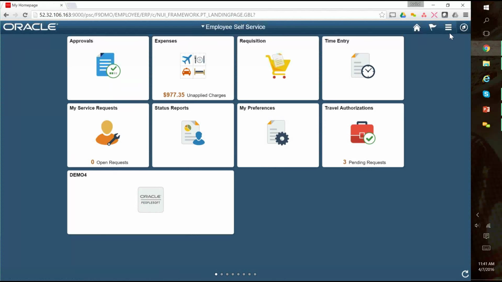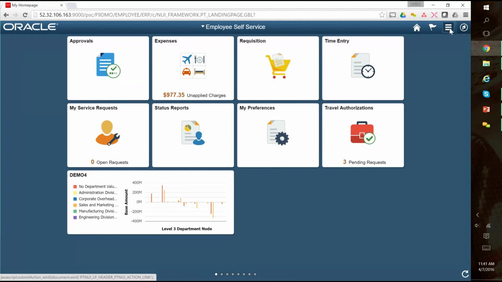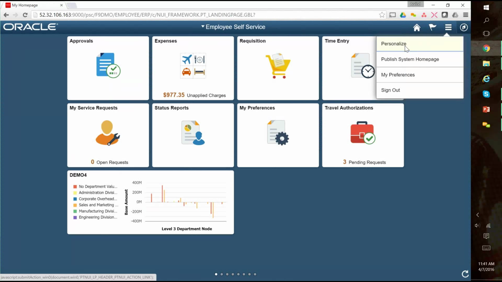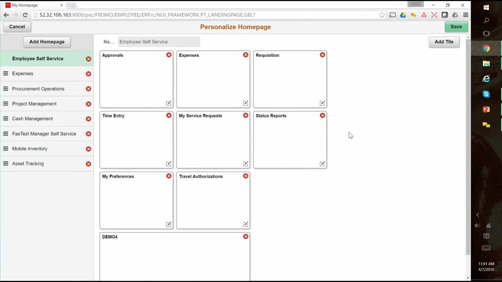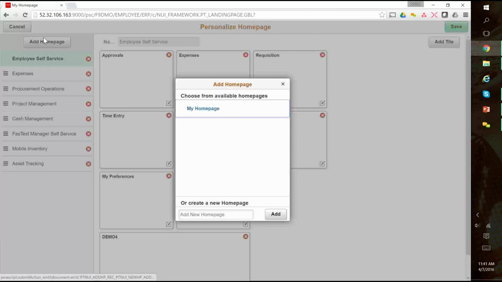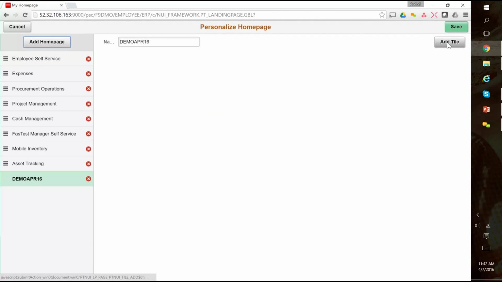So that's one way of doing that. Now, the other thing that you should probably look at here is if I wanted to come in and personalize this, but not just add a tile, but I wanted to add my own home page. Yes, PeopleSoft has given me some home pages, but I wanted to create my own home page. And so all I do is I can create a home page, and then I can add as many tiles